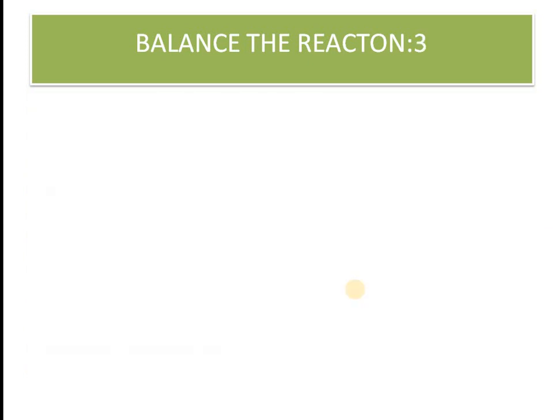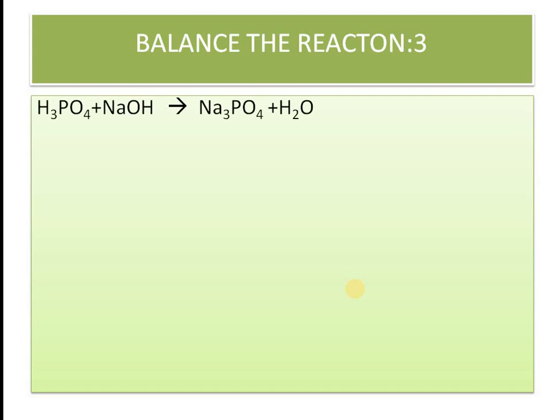Okay, now question number 3, reaction number 3, pertains to H3PO4 and NaOH. Please remember how H3PO4 is formed. Phosphate valency is 3, hydrogen valency is 1, cross multiply to get H3PO4. Similarly for sodium phosphate. The error that will come is that you would write the wrong formula of Na3PO4.